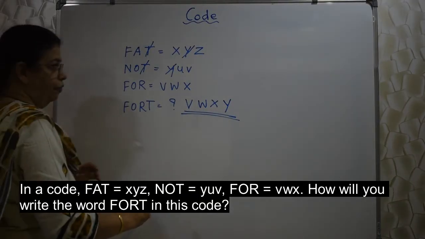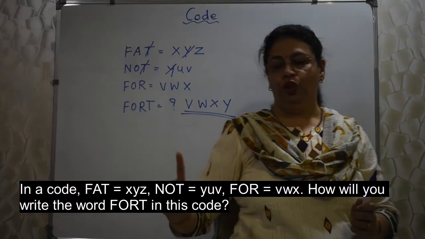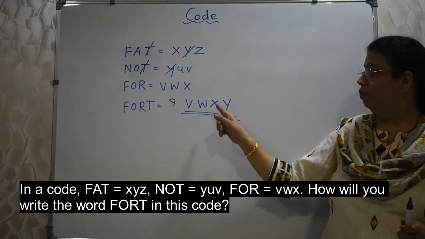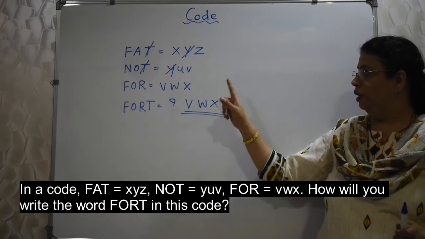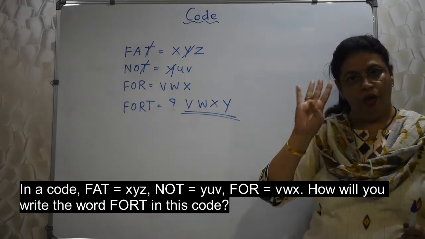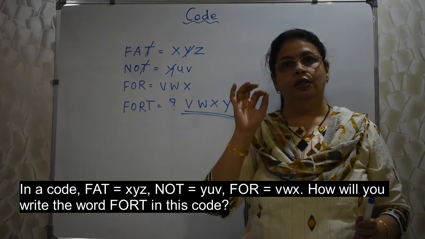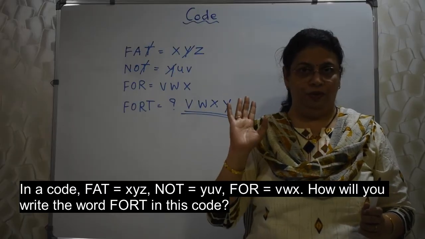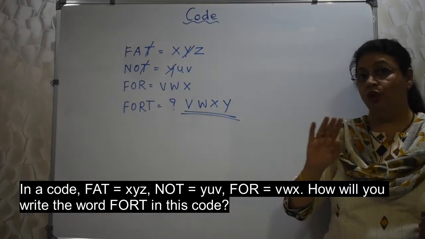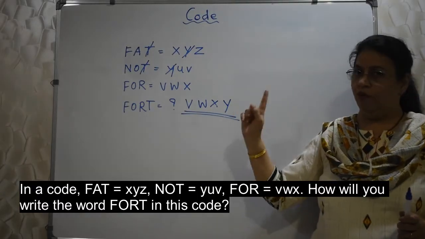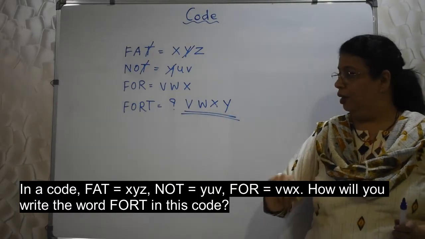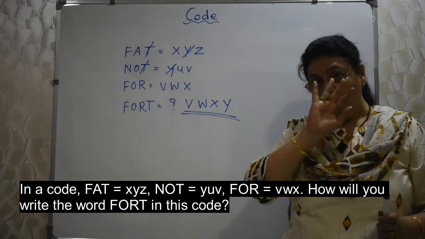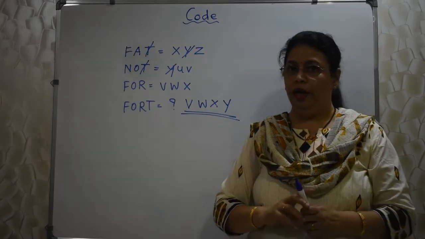But again, if you do not have this same option, then choose the option where you will find one X, one V, one Y, one W, whatever. The option that has all these four letters is going to be your correct option. If the same order is not there, if it is there, yes, you have to choose that. But if it is not there, then you can choose the option where you have all these four letters, right? Okay, let's go ahead.